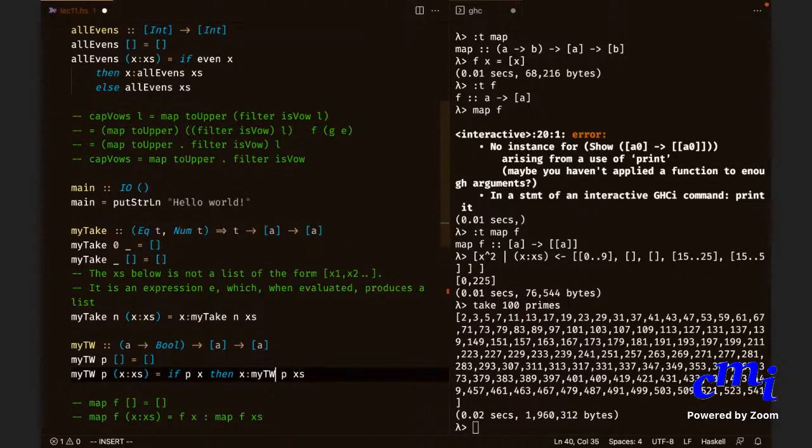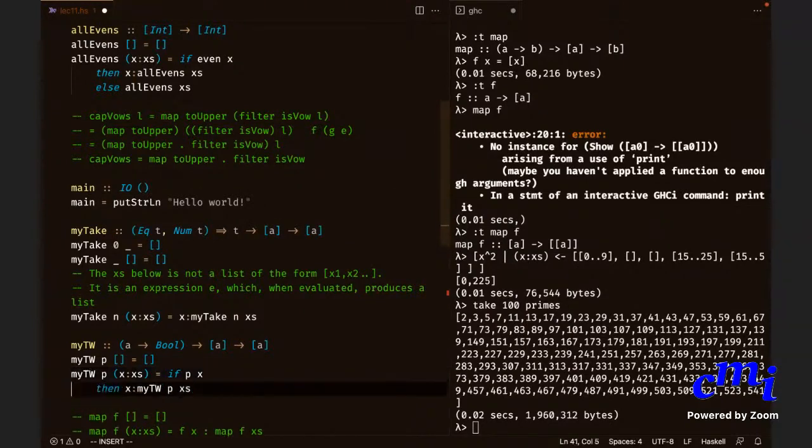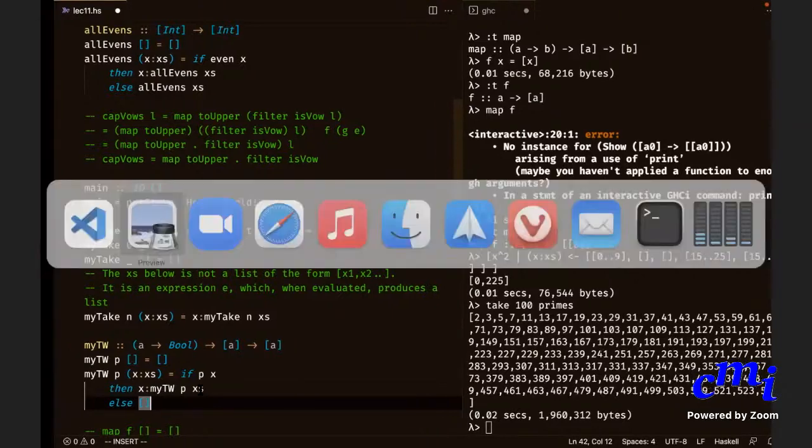Else what do you do? Else empty list. Exactly. In the case of filter, what would you do instead? Else myTW p xs. Exactly. Okay, that is the difference. Here with takeWhile, the moment it becomes false, you stop. Okay.